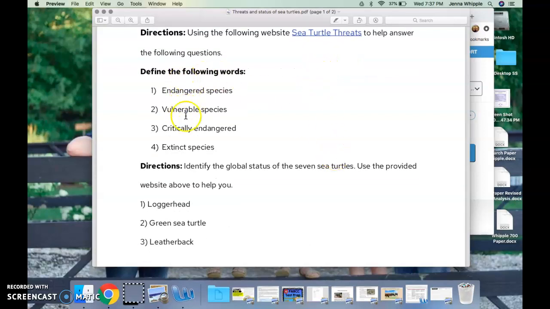You're going to define the following words. What does endangered species mean? What does vulnerable species mean? What does critically endangered mean? What does extinct species mean? If you can't find one of these on this Sea Turtle Threats website, you could look it up elsewhere. You've had multiple websites you've used, so you are welcome to use something else if you can't find it on